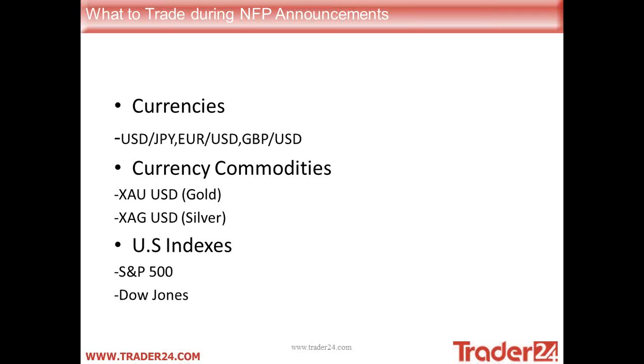What to trade during non-farm payroll announcements? Okay, obviously we have so many different instruments, but the ones that I recommend you focus on would be any dollar-related major pairs. So here I've got the dollar-yen, I've got euro-dollar, and the pound-dollar, also known as cable. These are probably the main three, the most popular traded currency pairs during the NFP, and you're guaranteed to see some movement when the announcement comes out.